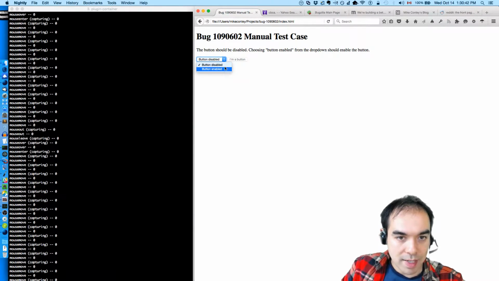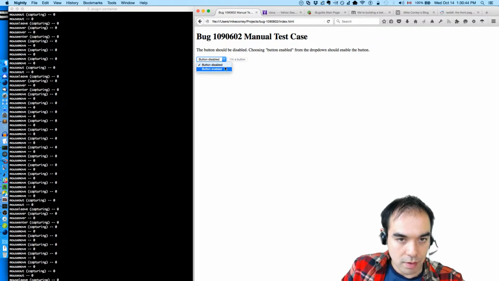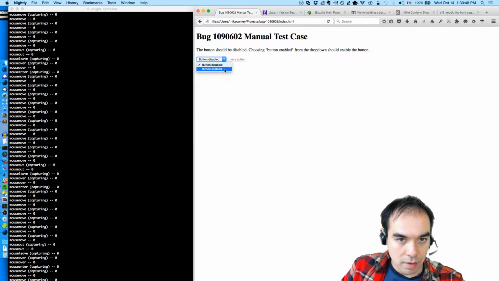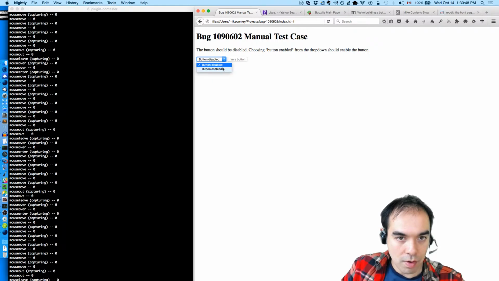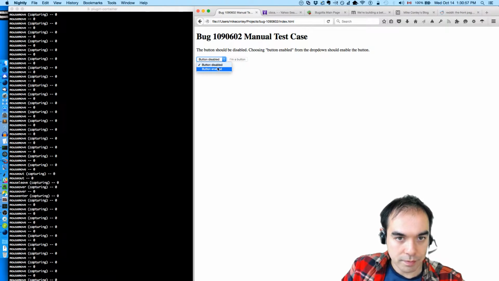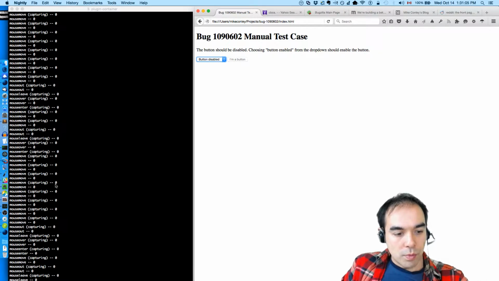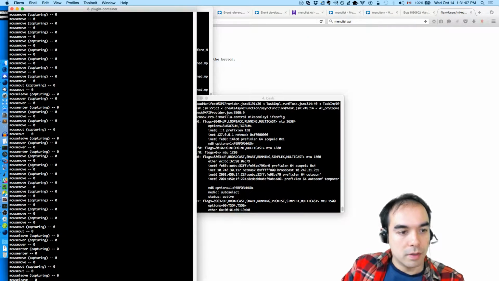So the value, notice it isn't changing. The value is always 0. That's very interesting. So we should write that finding down.